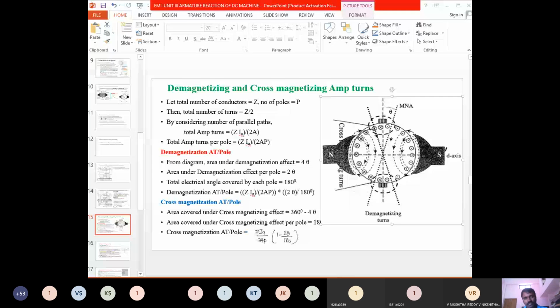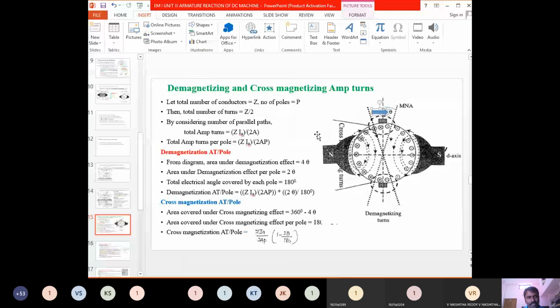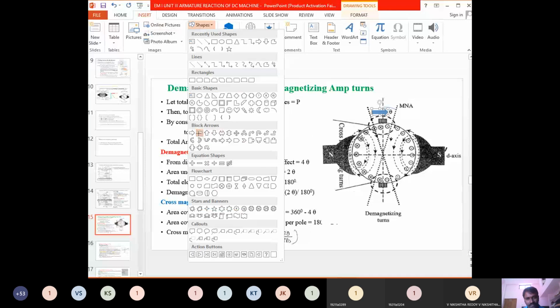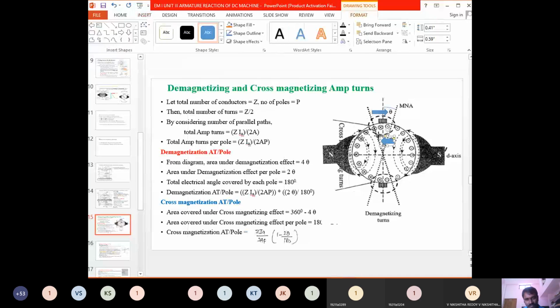Even I used this symbol in the last class also. So here the direction of flux is in the clockwise direction. So just to have a clear idea, I'm showing that at the top it is